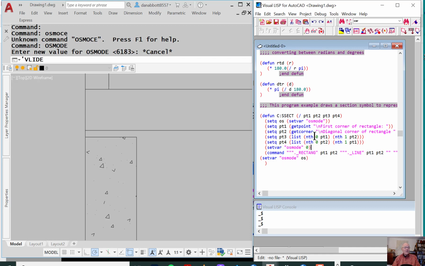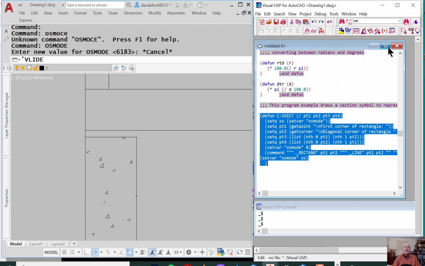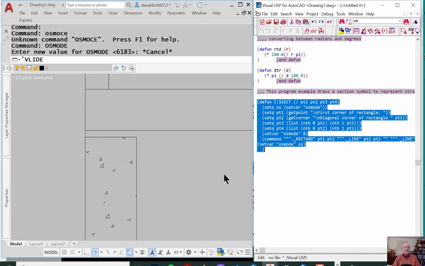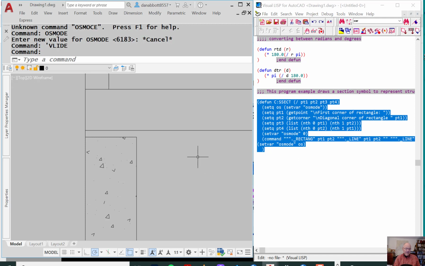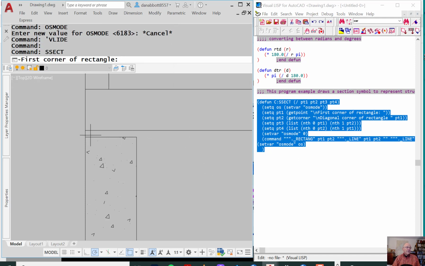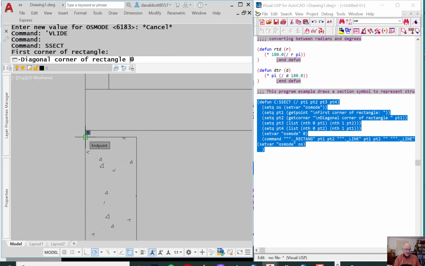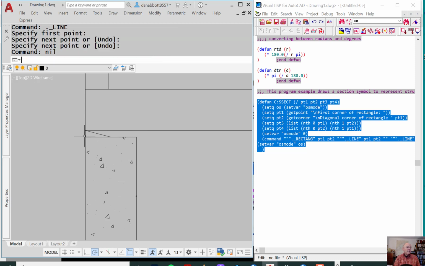Now I still want error protection in this one, or error trapping, but I'm going to put that off until I build a few more things into this. Now if I come down here, load this program again, come over here and run it. First corner is right here. Do the same thing I did before at 5.5, comma 1.5, comes in, and it still does that